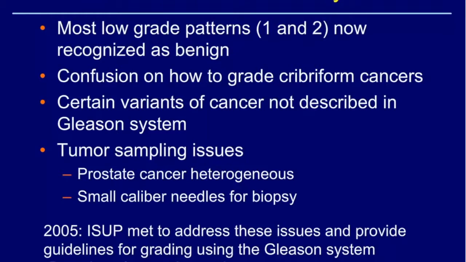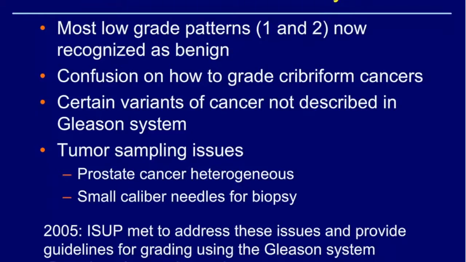But there are still problems with the Gleason grading system that have been recognized for years. We now know, because we have tools that Don Gleason didn't have, basal cell cytokeratins, etc., that most of the low-grade patterns he described, those pattern 1s and 2s, were probably just benign adenosis, or at worst, were just components of a higher-grade tumor. There was confusion on how to grade these cribriform cancers. As I mentioned, there's a straddle between pattern 3 and pattern 4. Certain variants of cancer, like ductal carcinoma or small cell carcinoma, are not even described in the Gleason system. And we all know that there are problems with sampling. Small caliber needles for biopsy only sample a portion of the tumor,